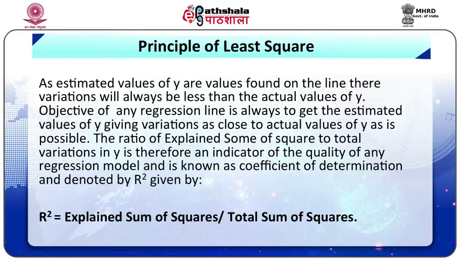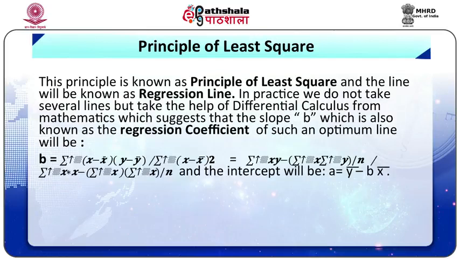Residuals are therefore squared and then added to give the total error. If we draw different lines, we will get different values of the sum of the squares of residuals, one with every line. Ideally, we will choose the line as optimal which will give us the minimum value of the sum of the squares of residuals. This principle is known as the principle of least squares, and the line will be known as the regression line. In practice, we do not take several lines, but take the help of differential calculus from mathematics, which